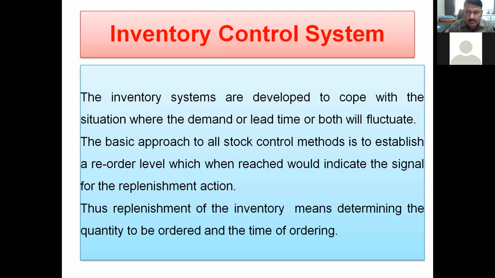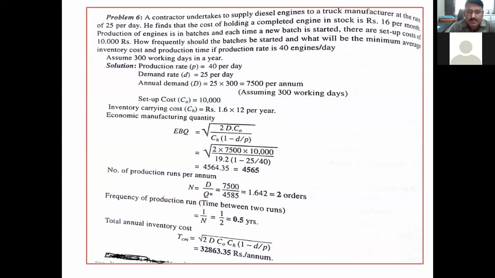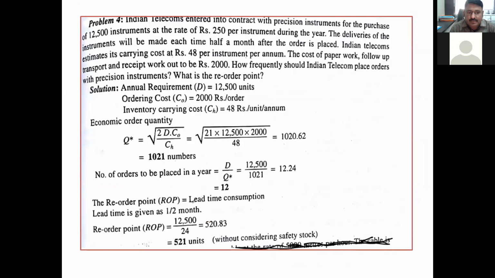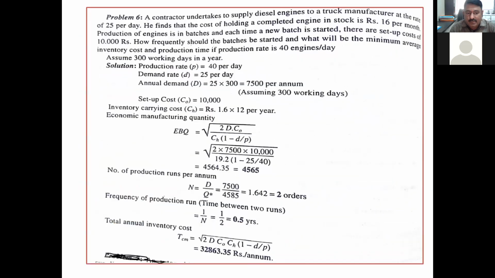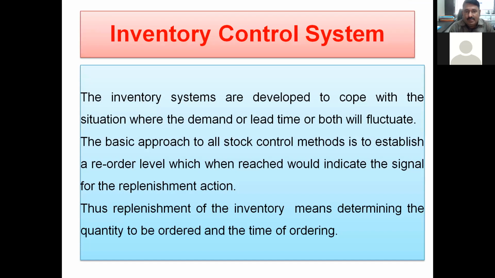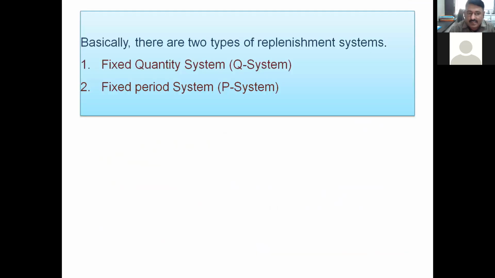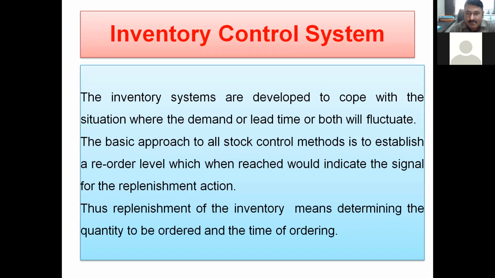We are discussing chapter number 5. In the last lecture we solved 2-3 different numericals related to economic order quantity, and how to calculate the total minimum cost and the batch size which is required to be ordered. Today we will discuss the inventory control system. There are two approaches that we will discuss, one based on the fixed quantity system and the other on the fixed period system, and then we will take an introduction to ABC analysis, and we will conclude the chapter and then go to the next chapter immediately.